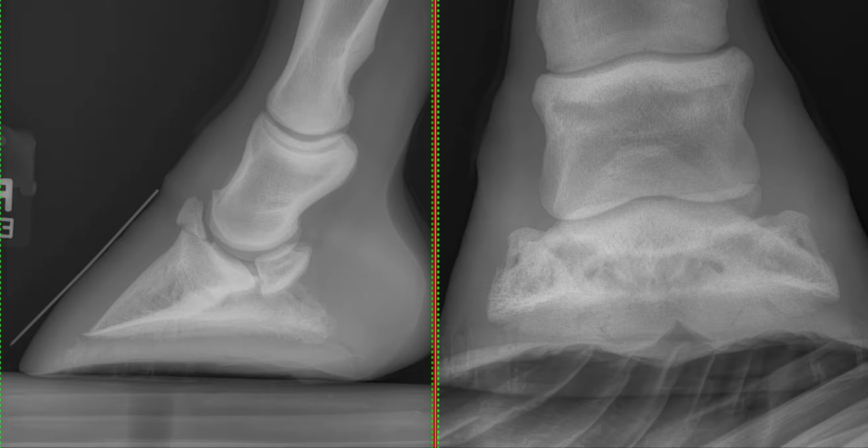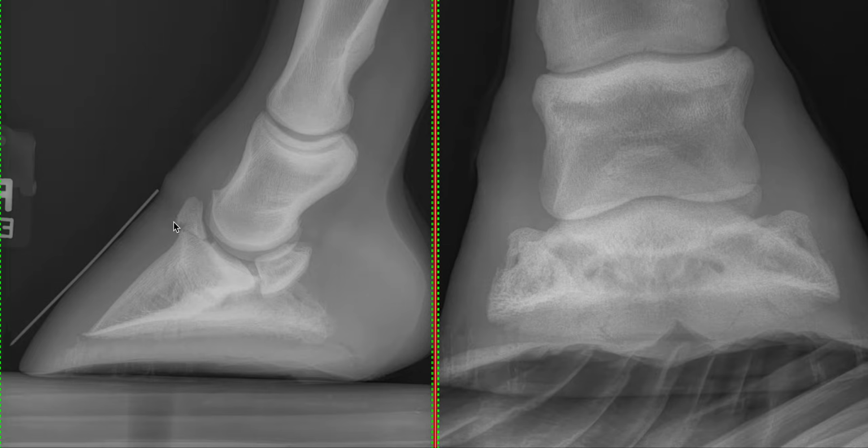Today's example is a 12-year-old thoroughbred gelding with an acute onset grade 3 out of 5 right forelimb lameness. Once you've reviewed the radiographs using your systematic approach, then you're ready to watch this video. So I'm going to start by showing you the lateromedial and the dorsoplantar view, and I think we can all